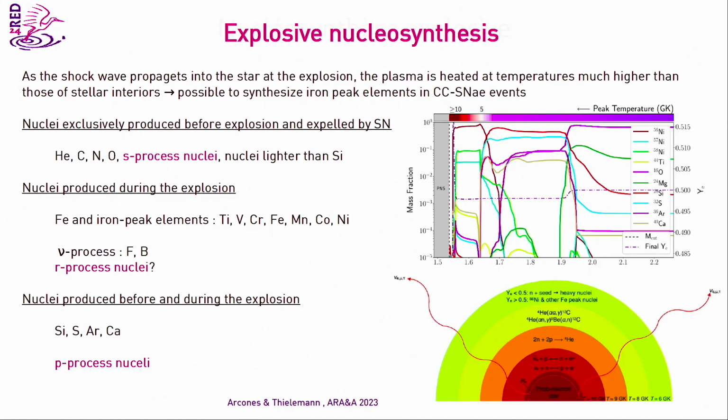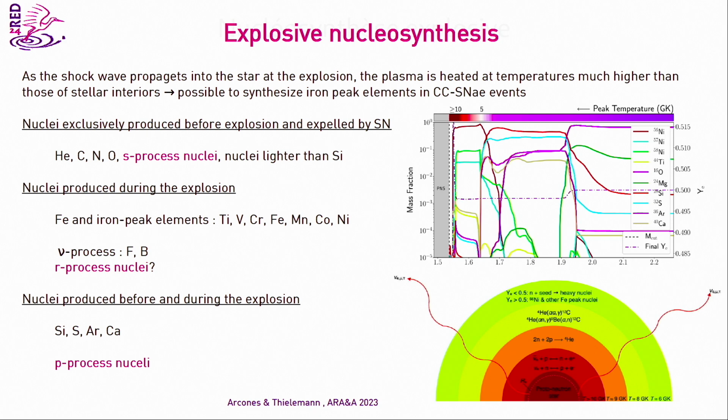So this is what is produced. Here you have a simulation just after what we call explosive nucleosynthesis. Sorry for the microphone. What you see is inside a star, and what you produce. So you produce essentially nickel, lots of nickel, titanium, and this is how we verify the explosive nucleosynthesis, because this is seen in the spectra of electromagnetic counterparts of